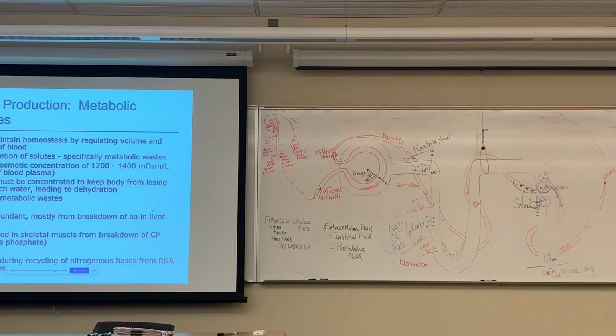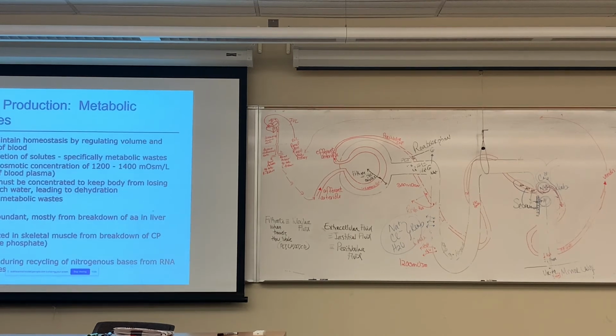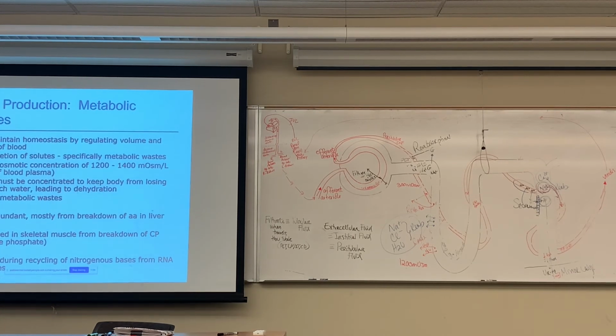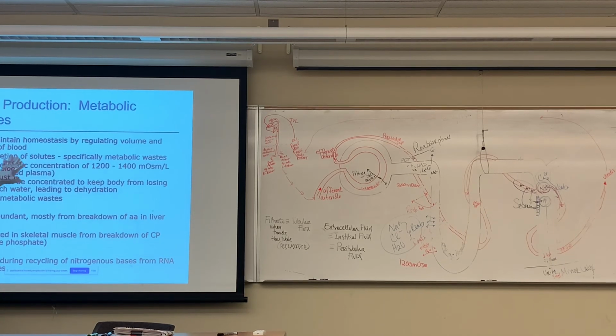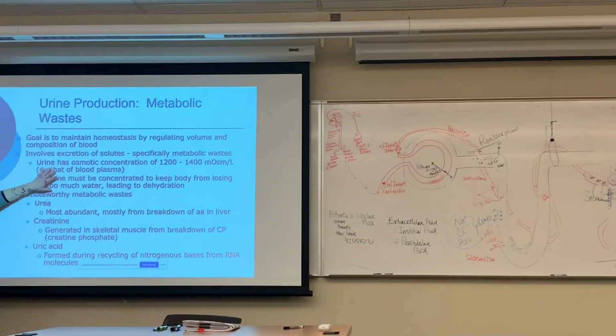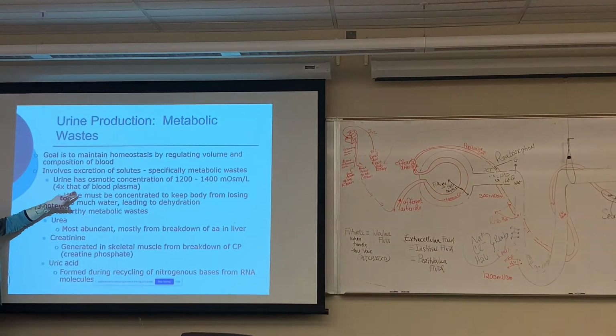This right here is just looking at urine production and metabolic waste. So again, the goal is to maintain homeostasis of the blood, of blood volume, of blood pressure, of blood sodium levels, of blood potassium levels, blood calcium levels. When we do this, what we will end up seeing is by the time we're done doing all of this reabsorption and secretion, getting the blood where we need it to be, we're gonna see that the urine is very